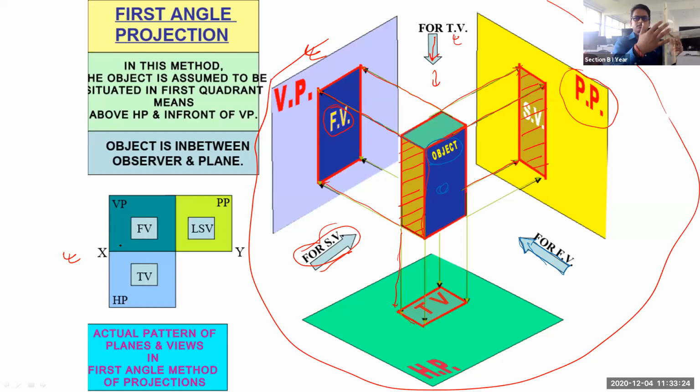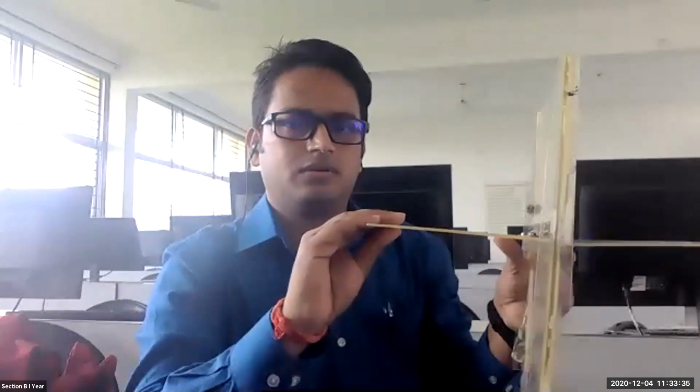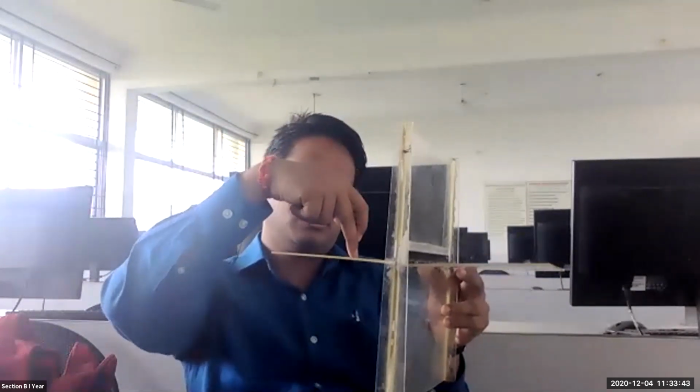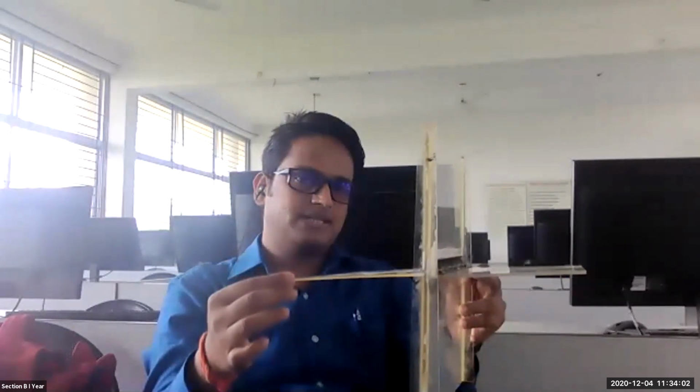When the object was placed, if you are able to see my video, let me stop the screen there so that you can see the video. When the object was placed in your first quadrant, this is your horizontal plane and its impression is falling on this horizontal plane. So the top view is coming here. Front view, we are projecting on this vertical plane. So this is still in 3D representation. How will we bring it to 2D? For that, we need to open this plane. How will we open it? You have to take it down.